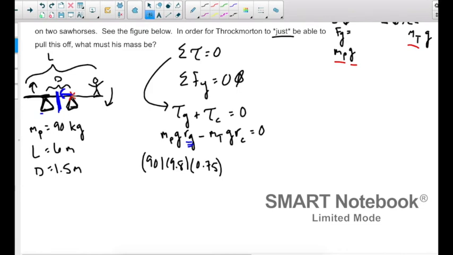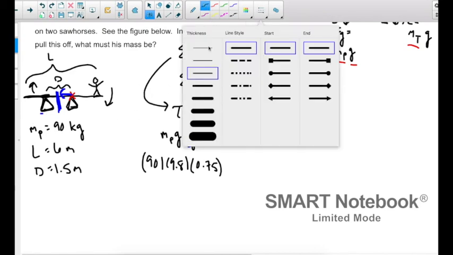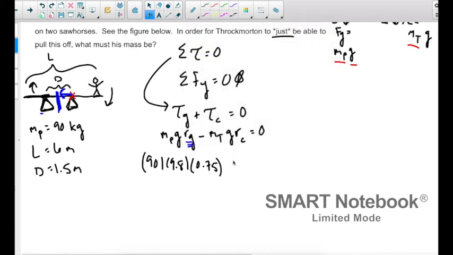And again, the axis of rotation I'm considering is on this sawhorse. All right? And remember, I'm not worried about the normal force from the left sawhorse, because I'm saying that the plank is just not in contact with it. Okay, keep fleshing out my equation. Minus the mass of Throcky times 9.8 times his r,